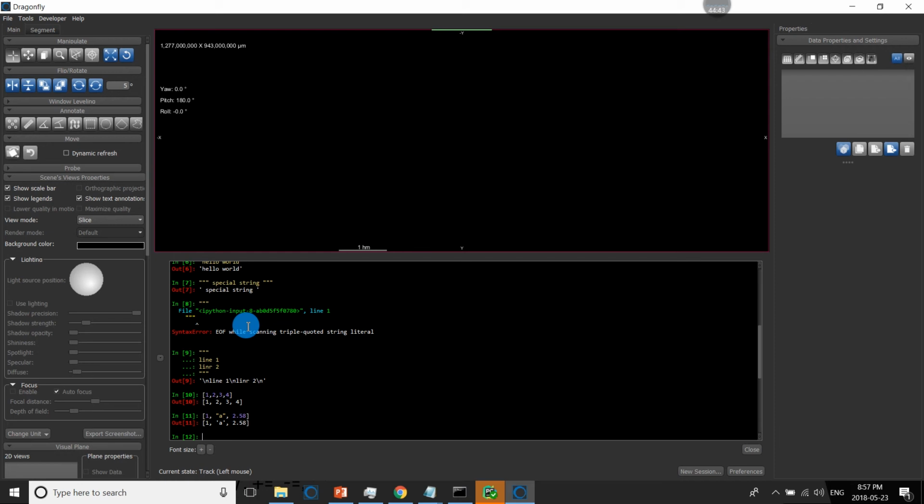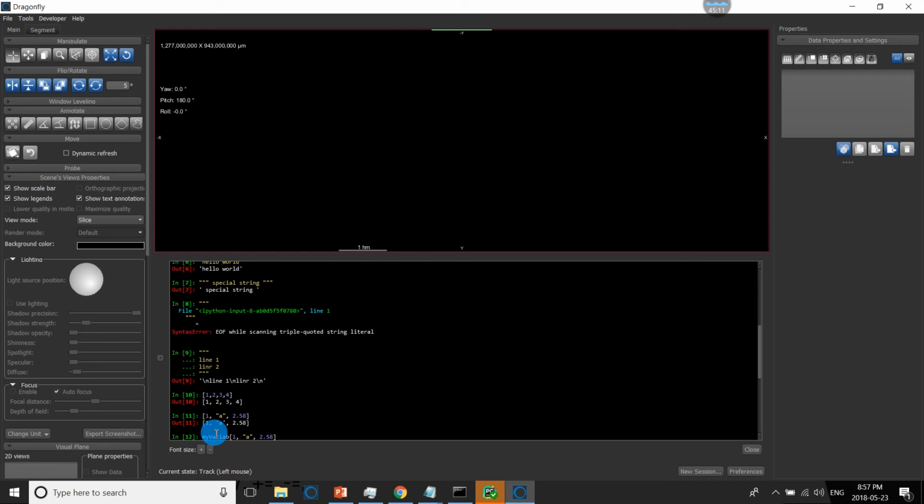In Python, lists are represented by these square brackets. So for example, this is a list with 4 numbers, 1, 2, 3, 4. So you can go in the Python console and create a list. 1, 2, 3, 4. And this is my list.